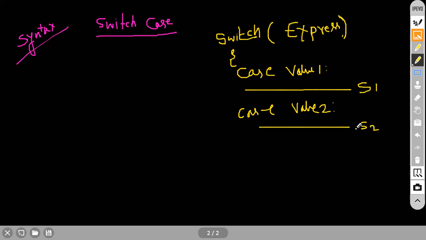Like that, you can create n number of cases, case value n. There is no problem in this. For that particular case, execute the statement sn.